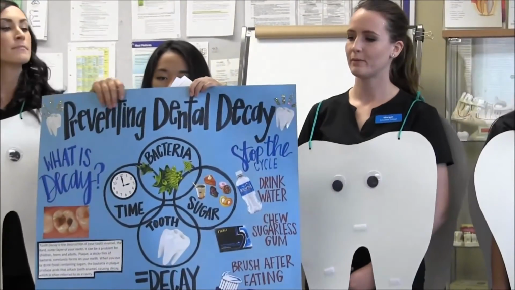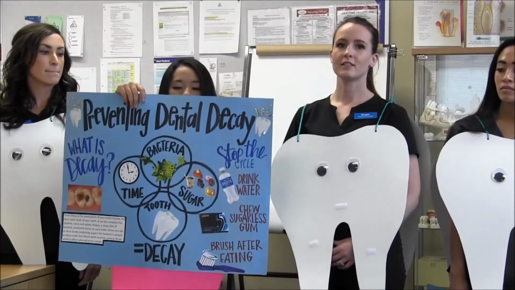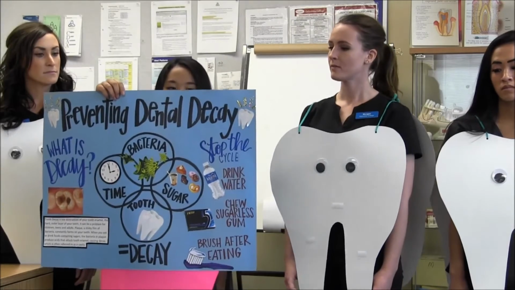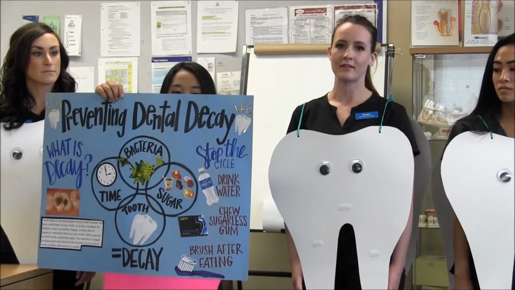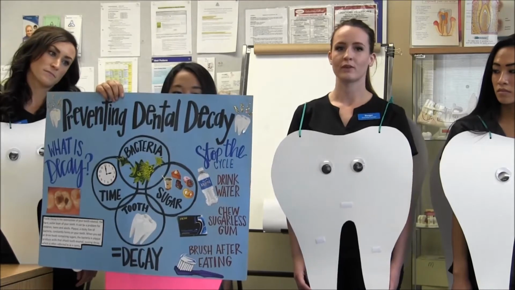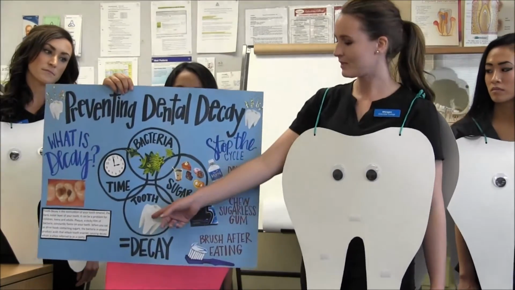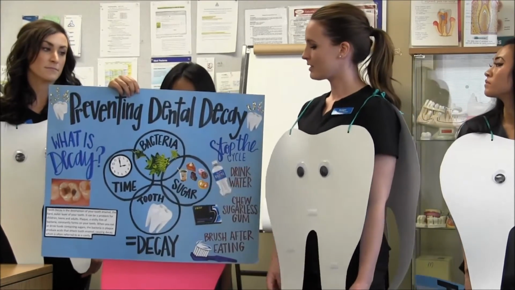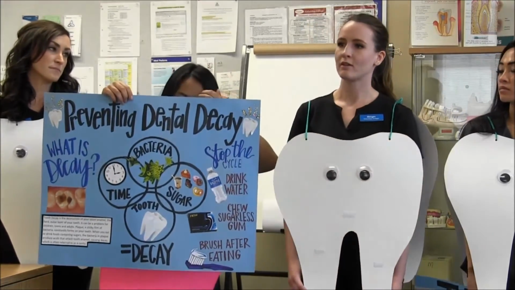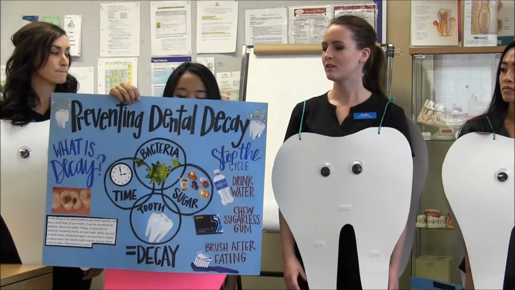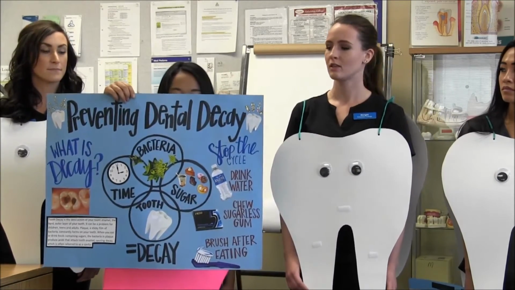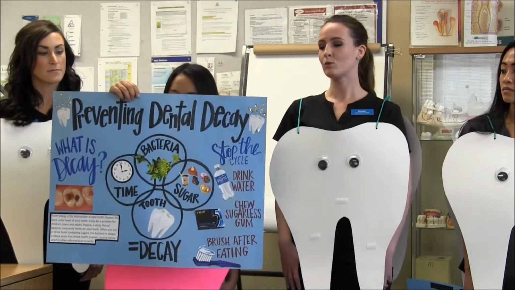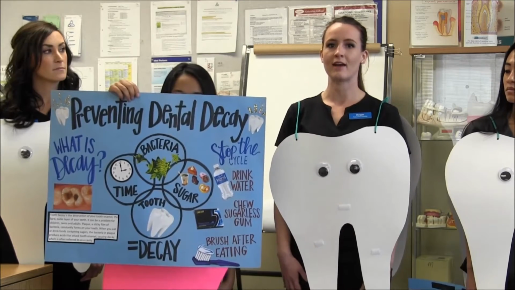Okay, so I'm going to talk to you about preventing dental decay. Dental decay is the destruction of the enamel of your teeth, which is the hard outer white layer that you see in your mouth. Decay is often referred to as a cavity, and cavities form when there's 4 things present. Our teeth must be present. It takes time. It will not happen overnight. And 2 main factors are bacteria and sugar. Bacteria is in our mouth, commonly found in plaque, and sugar is found in the foods that are high in sugar and carbohydrates. When bacteria and sugar mix together, they create an acid, and this acid will attack your teeth, causing the decay and the cavities, which can lead to